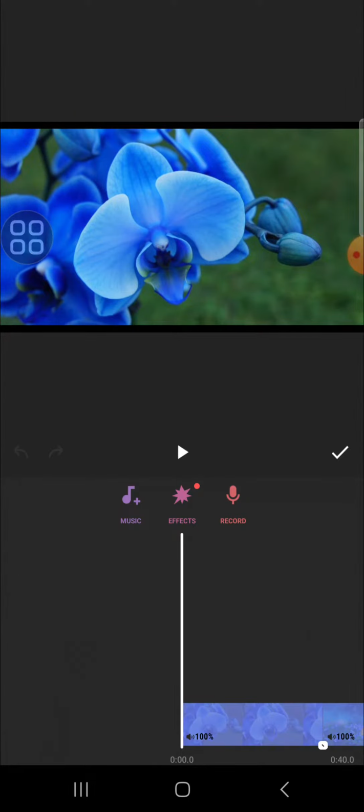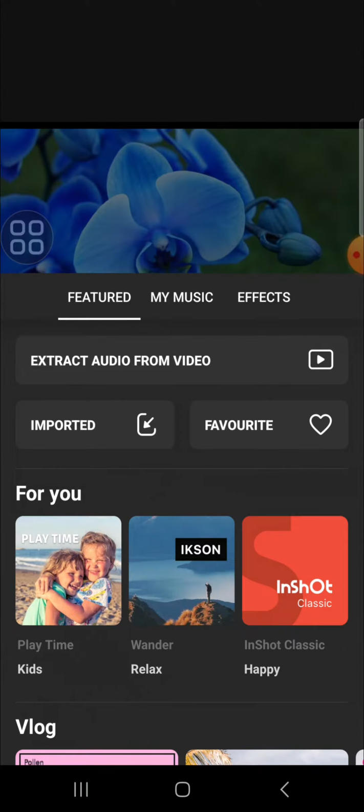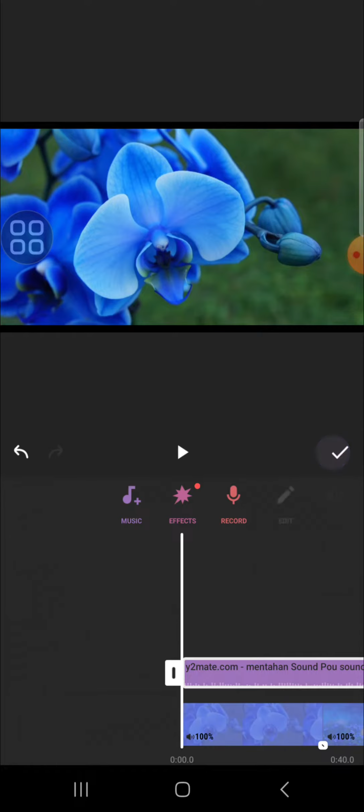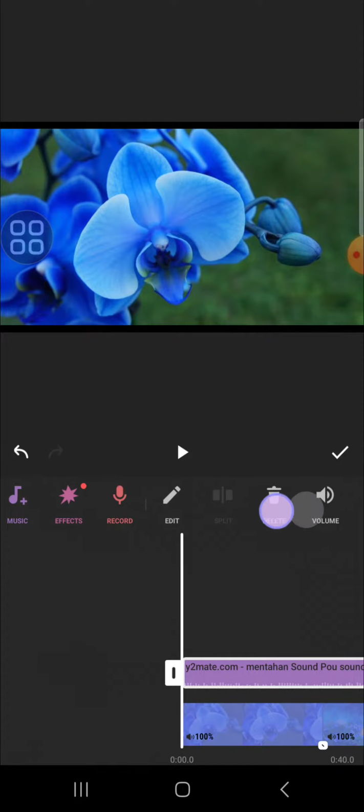audio. We can click on this music button, click on the music again, and I'm going to add music from my device. So I'm going to click on my music and I'm going to go with this one. Okay, and after that, if we want to add the audio beat, we just need to scroll all the way